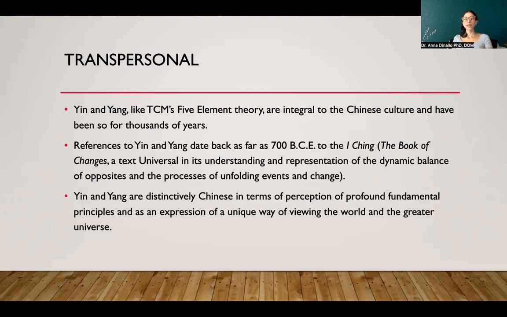So just like we have 5-element theory, which is the 5 elements, I'm going to pause while you think about them. If you can even write them down for a moment, it's going to be water. Water then generates wood. Wood turns into fire. The fire spins the earth. And then the earth houses precious metals and the cycle starts up again.